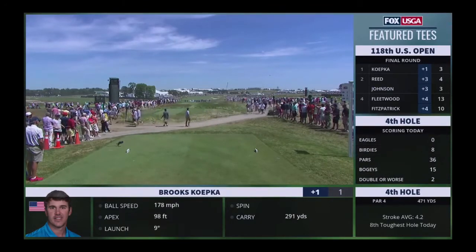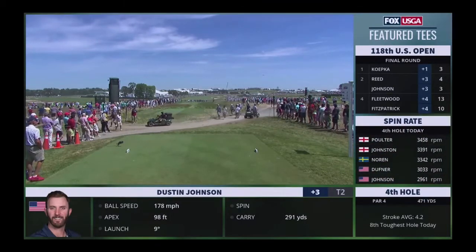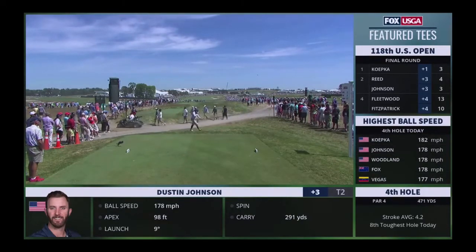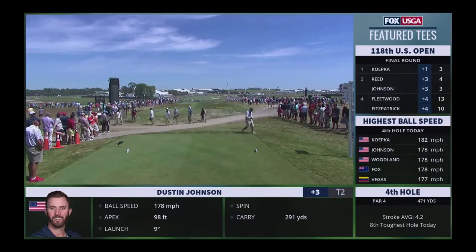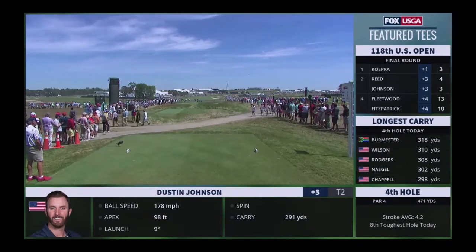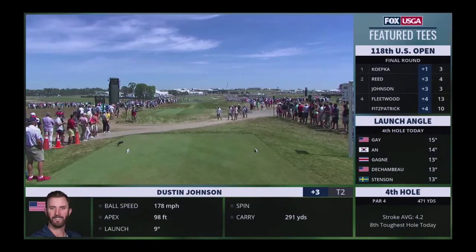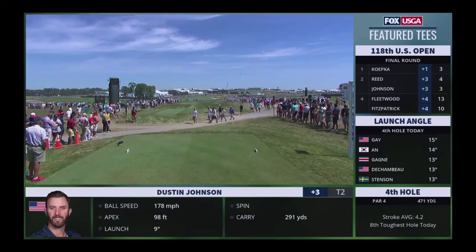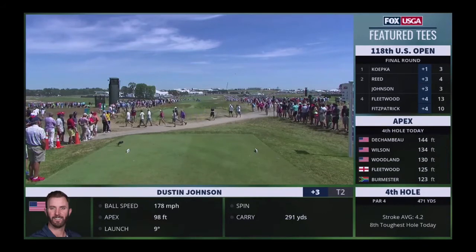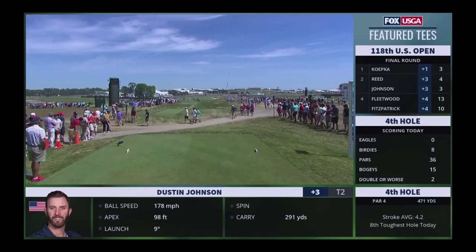We're going to see similar numbers out of Dustin Johnson. Now, Dustin Johnson will typically launch the ball at 10 degrees. He launched that at 9, so that's telling you he's a little bit more down on that. He will apex the ball a little bit higher. That's because he doesn't have the rate of closure that Brooks Koepka will have. That ball gets up into the air a bit more. 178 miles an hour ball speed. And we all talk about Dustin Johnson, how phenomenal his club head speed and ball speed is. Hey, newsflash, Brooks Koepka, it's pretty impressive too. 4 miles an hour faster than Dustin Johnson. Typically that's going to be about 10 or 15 yards, depending upon spin rates, launch angles,